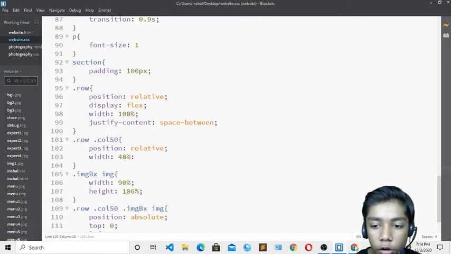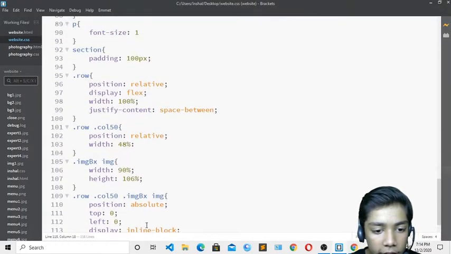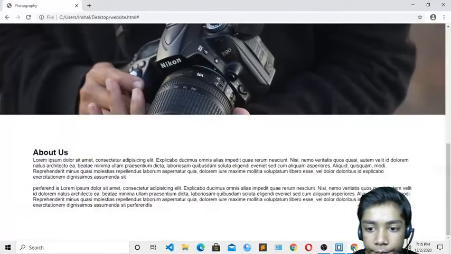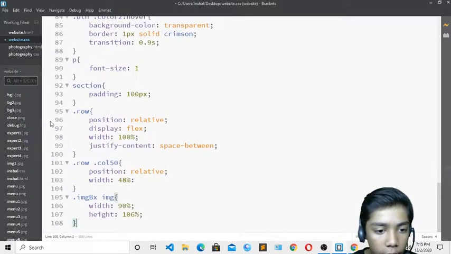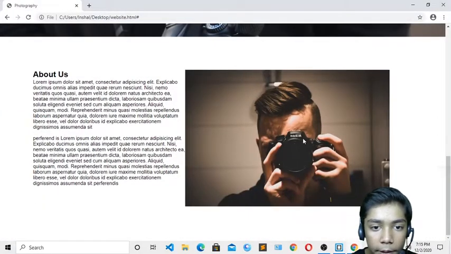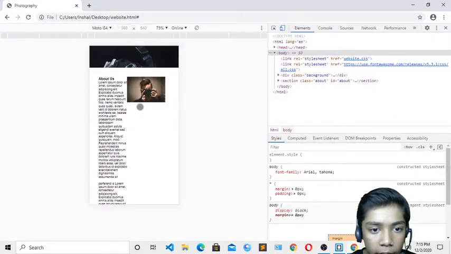If I save and show you again, our image is going over here. So if I erase my width from here, and save it, and hit refresh, it is not working. So I will do like that, save, and now you can see my image has come. I will click on inspect, so my image is just like that.